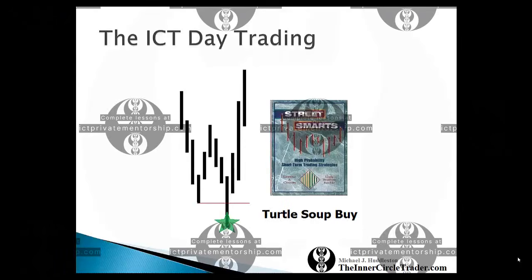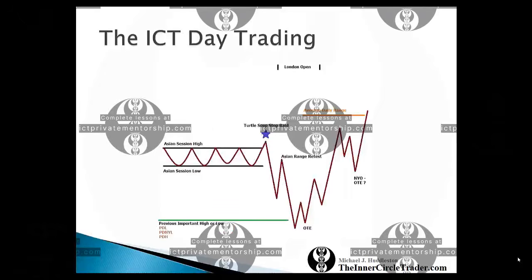because if you don't keep that in mind, you're going to get nailed by these intraday market reversals. Now, as you can probably guess, the turtle soup on the reverse side is a break above the high, and we'll talk about that as we get to it. But most everyone that's familiar with my concepts in day trading, especially as it relates to